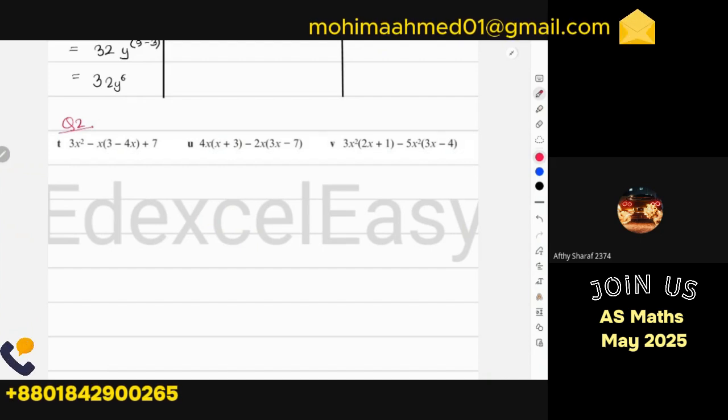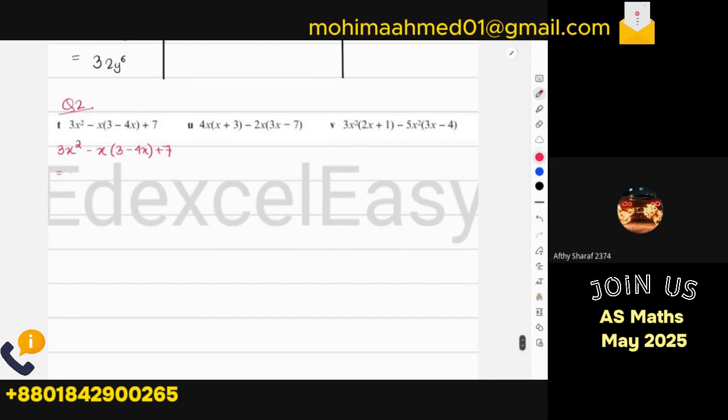For question T over here again, 3x squared minus x, 3 minus 4x plus 7. Over here, only this x is getting multiplied with everything inside the bracket. The 7 and 3x squared are going to get added with the final product after we're done multiplying. Before multiplying, we cannot simplify it anymore. So basically, we have 3x squared. Minus x into 3 will give you minus 3x. And then again, you have minus x times minus 4x, so eventually it will be plus 4x squared